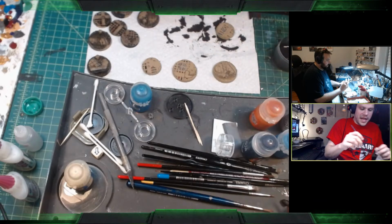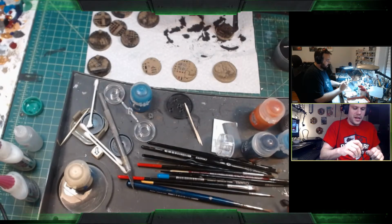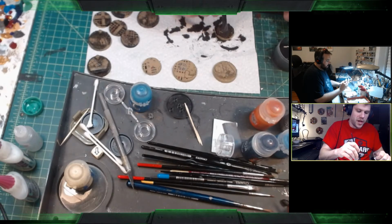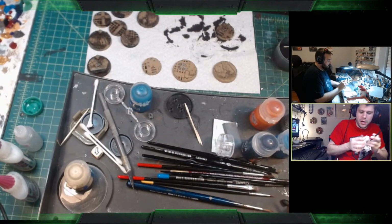Because if you can contest one, everyone's talking about hold 3 versus 1. It's like, you don't need to hold 3. You need to hold 2 and contest 1, and that gives you max points. Because it's 5 points for 1, 5 points for 2, 5 points for holding more. So,